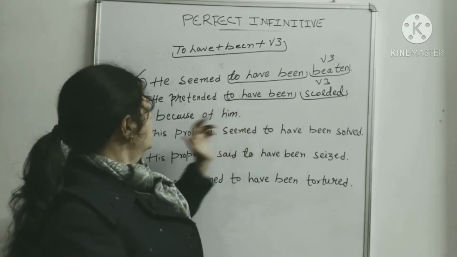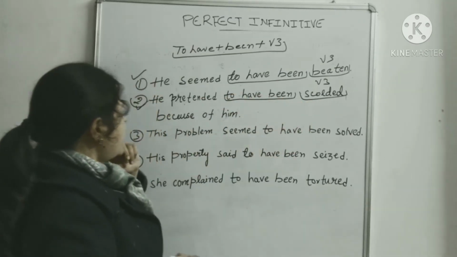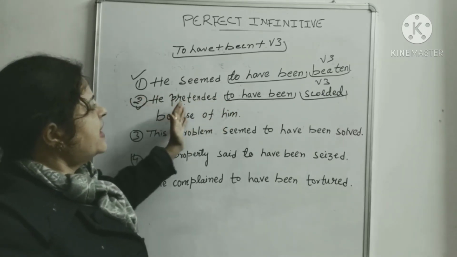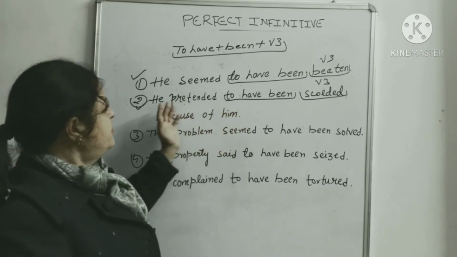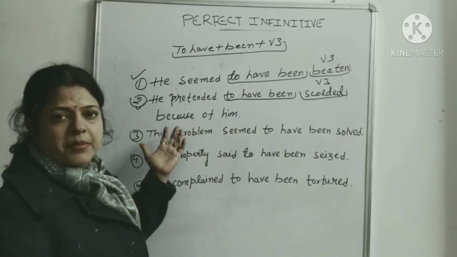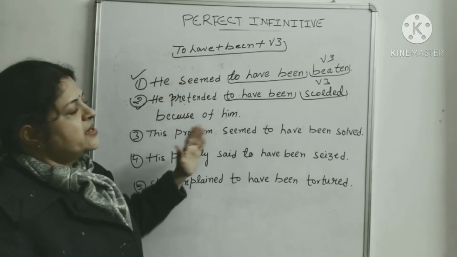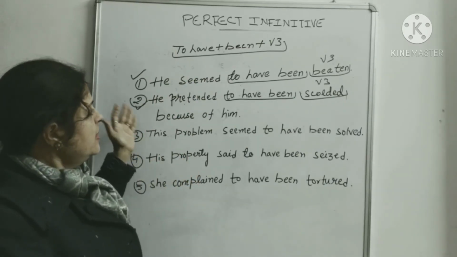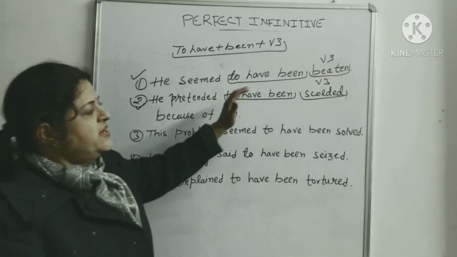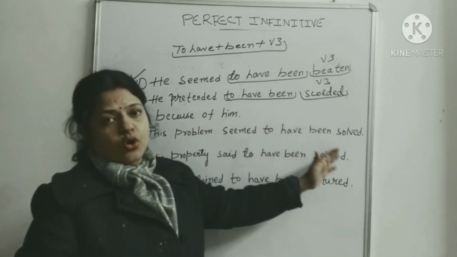He pretended to have been scolded because of him. उसने बताया कि उसके कारण उसे डांटा गया या डांटे जाने का बहाना बनाया। ठीक है, and this sentence we can write like he pretended that he had been scolded because of him. ठीक है, या फिर ये present past में है इसलिए मैंने had been लगाया है इसमें। He pretended that he had been scolded because of him, ये है आपका passive voice में। और यहाँ पे to plus have plus been लगाकर हम दिखा रहे हैं कि किस तरह perfect infinitive में हम passive voice बनाते हैं। लेकिन हमें यहाँ पर पता है कि उसने बहाना बनाया, he pretended to have been scolded, कि उसे डांटा गया because of him, उसके कारण।